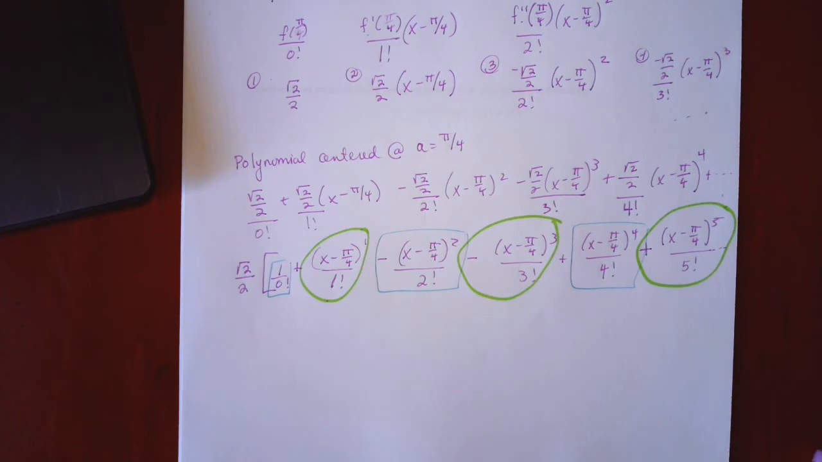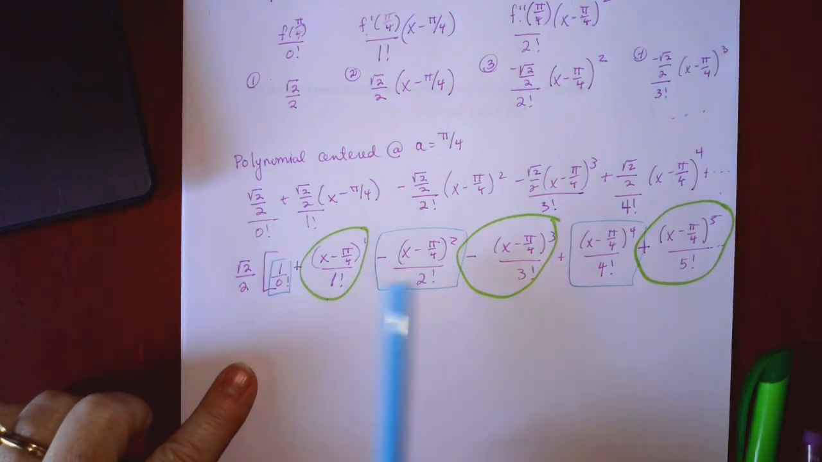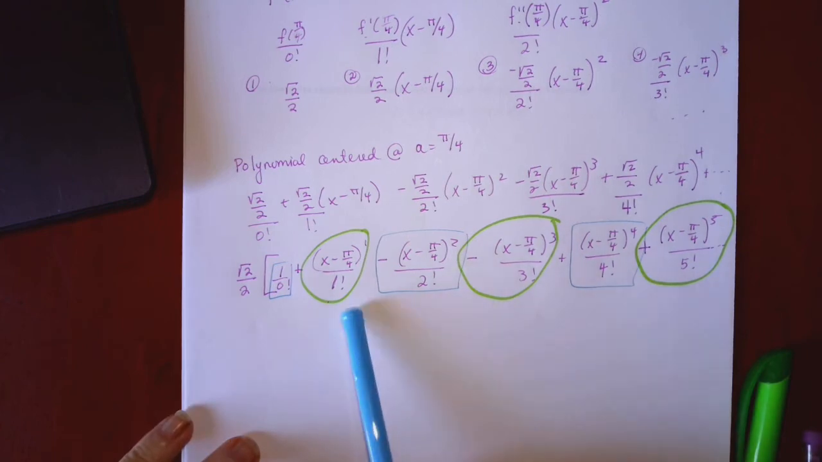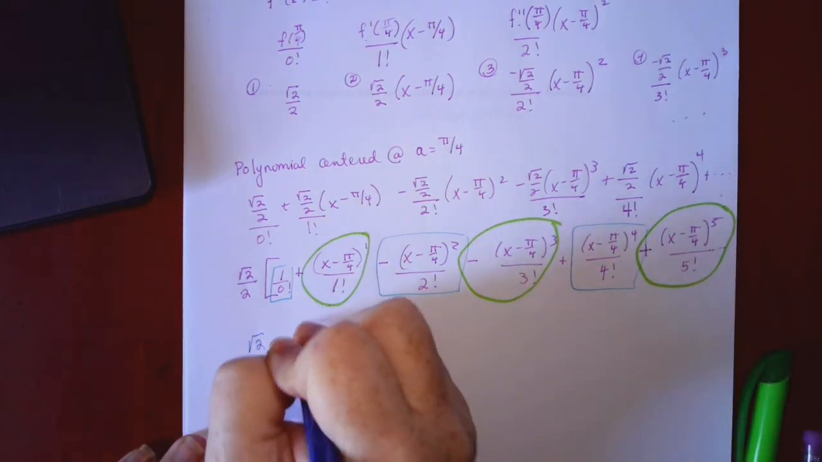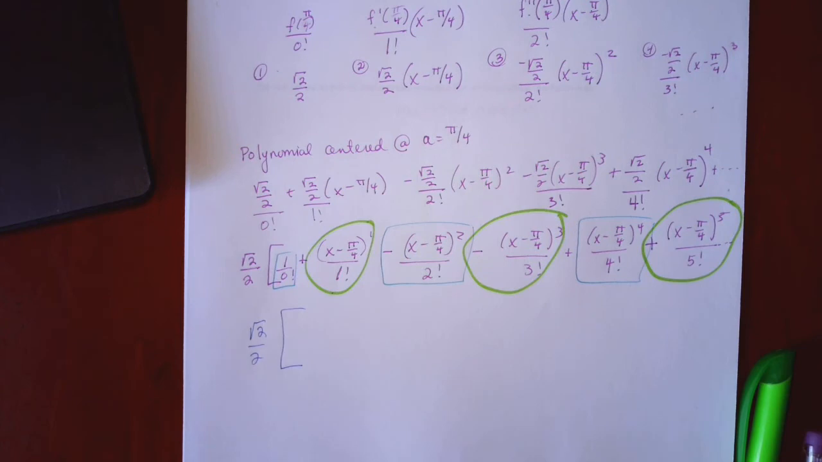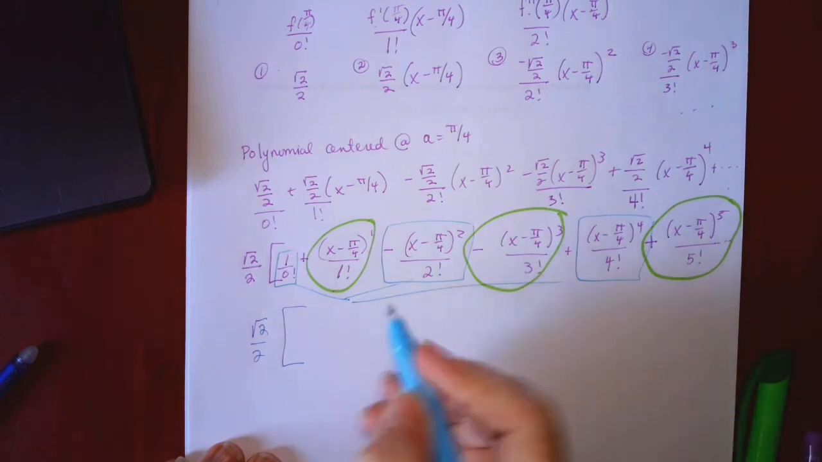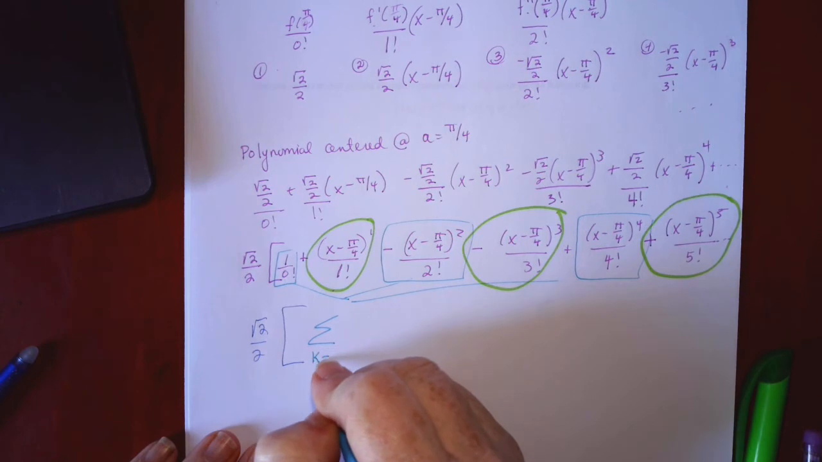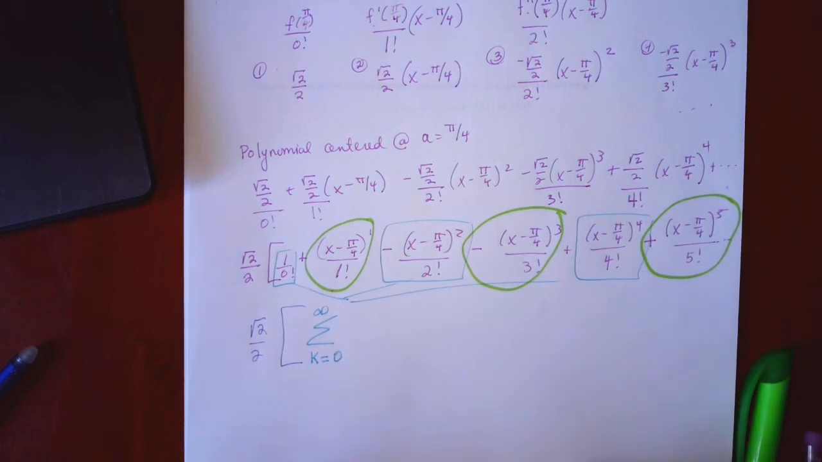now, why might that help me? If I look at my even terms, notice every other one of them is positive, every other one's negative. And the same is true for my odd terms. So I would have the square root of 2 over 2 out here in front times. Let's write a formula for the even powers only right now. I'm going to take the summation from k equals 0 to infinity of,